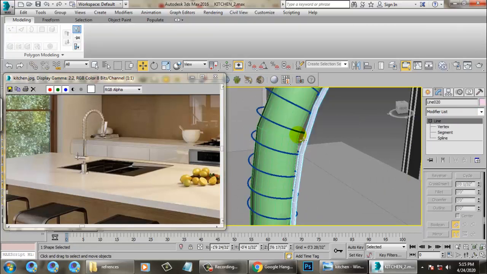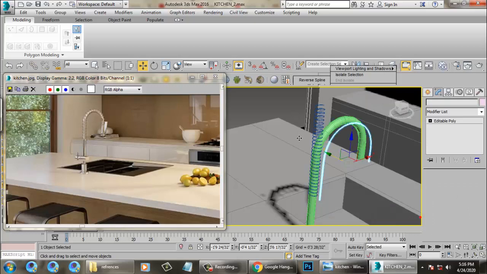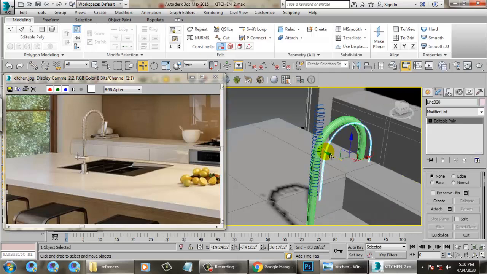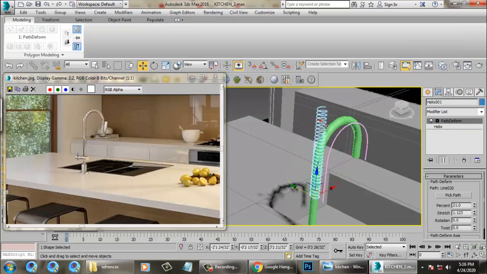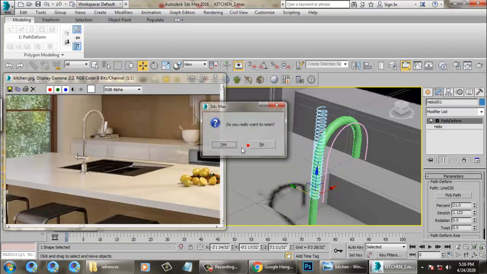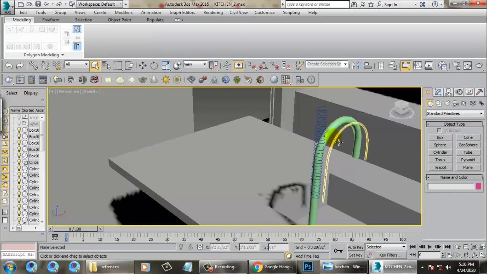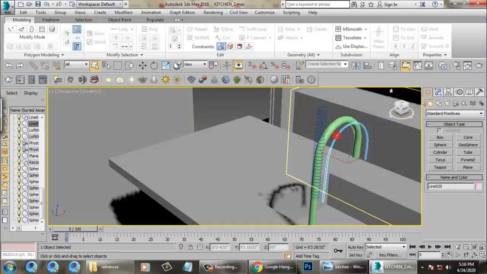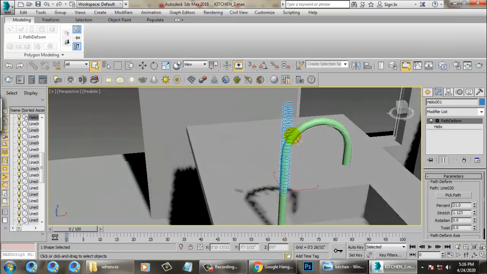Oops. You can convert to poly. Accidentally I converted it to poly over here, not a problem.